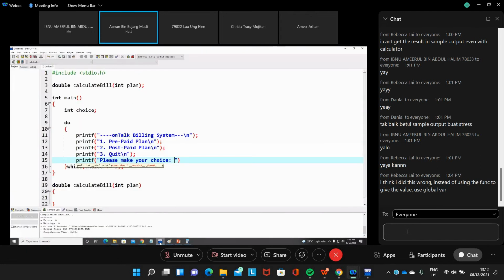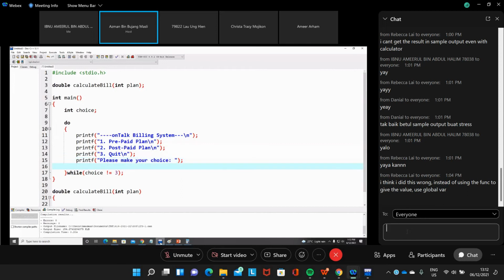Then the user will enter the scan F. Scan F, so this one is choice. So that is the menu.